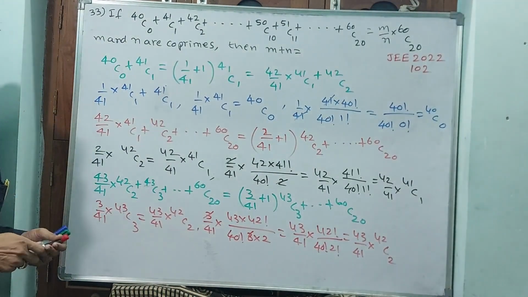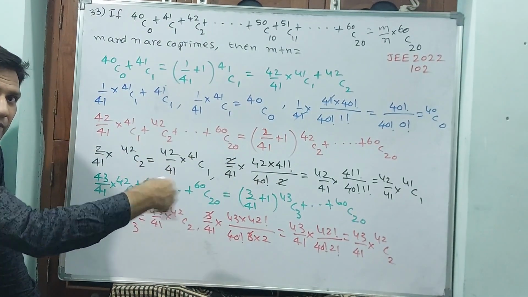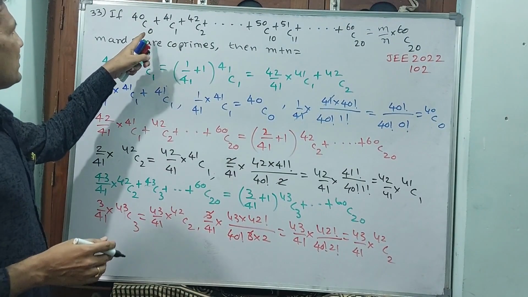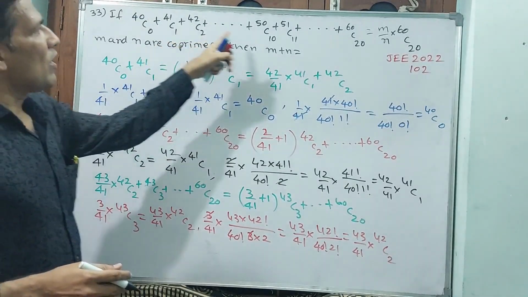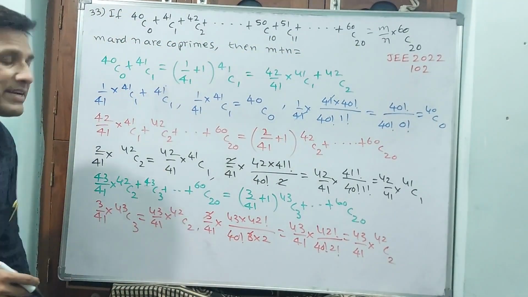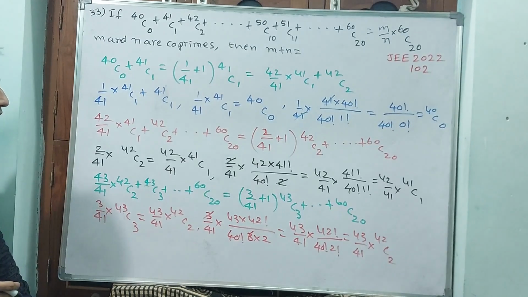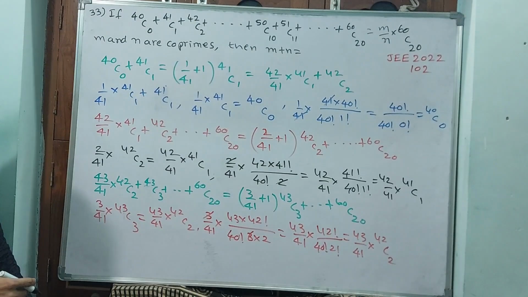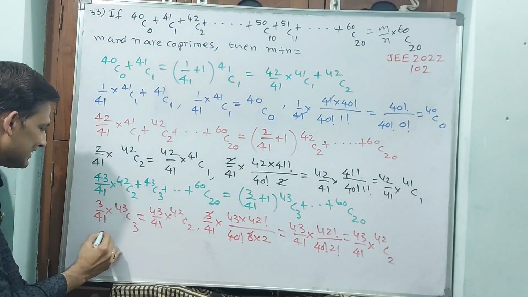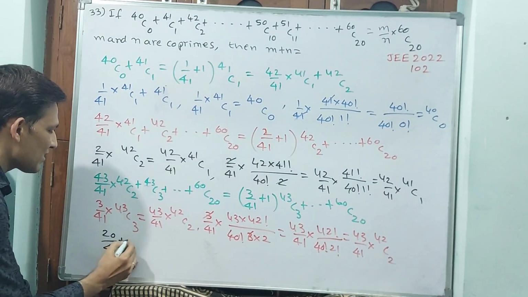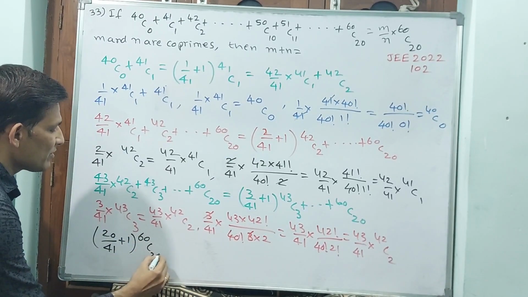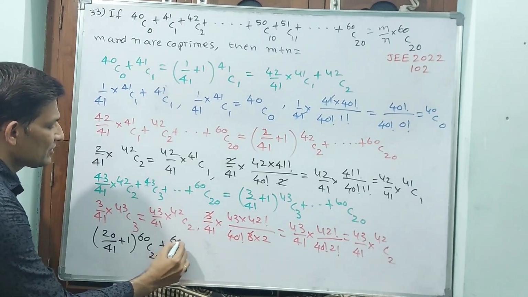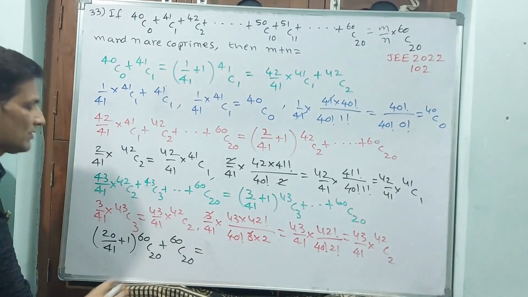That means what can I write now? I can write like this. Finally, I am finalizing. Why? Because you have gone up to 1, that is 1 by 41, and you have gone up to 20, so what are you going to write now? 20 by 41, that's all. 20 by 41 plus 1 into 60C20 plus 60C20 is equal to